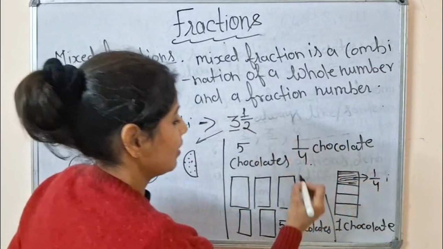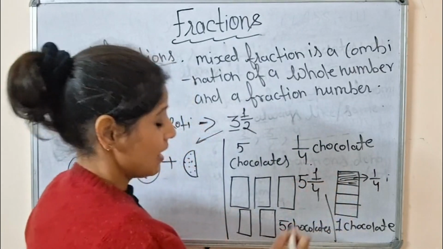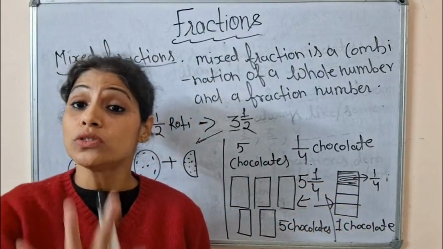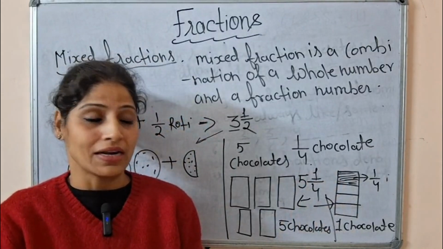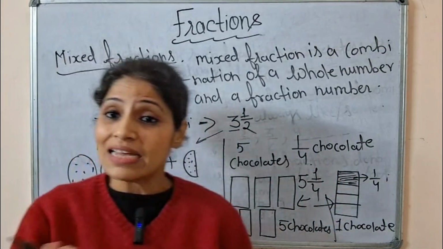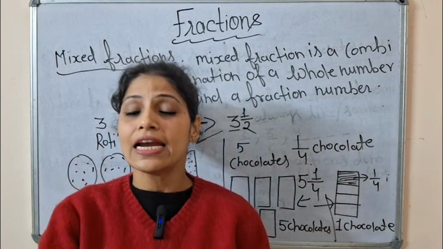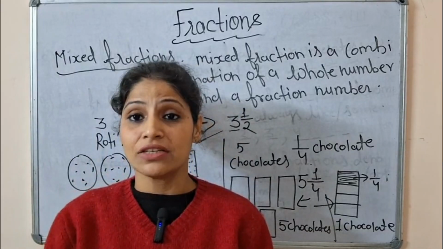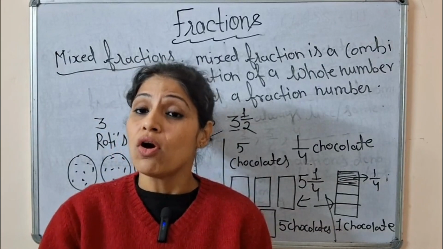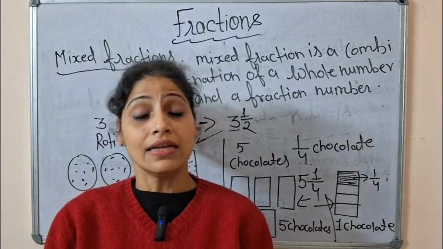It will be written as 5 by 1/4, and this is called the picture representation of those 5 and 1/4 chocolates. So children, today we have completed all types of fractions which we use in real life, and now you can easily identify types of fraction from your questions. So that's it for today's class. Tomorrow onwards we will learn the new topic. In the next session we will learn the next topic.